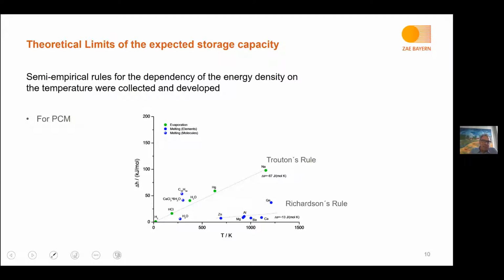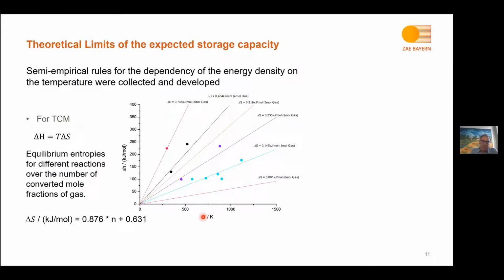And you see, it fits quite well for elements, including water. As you can see here, here's water, but it's not very good for molecules in general. For example, calcium chloride hexahydrate we have here. So that's a bit out of this approach. For PCM, it's getting